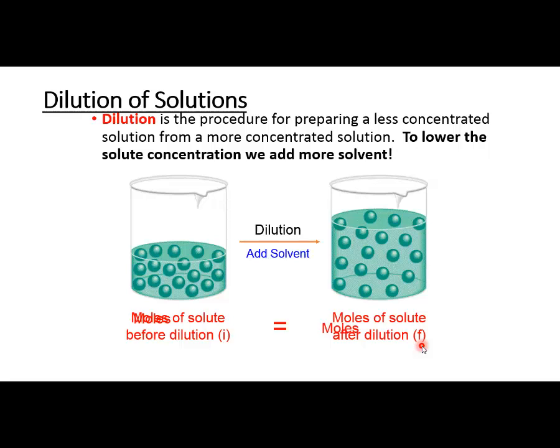So I can take the molarity initial times the volume initial. That'll give me the number of moles that I had to begin with. That's equivalent to the moles I end up with. So I can take the molarity final times the volume final. That gives me the moles that I still have. So I can set molarity initial times volume initial equal to molarity final times volume final as an equation